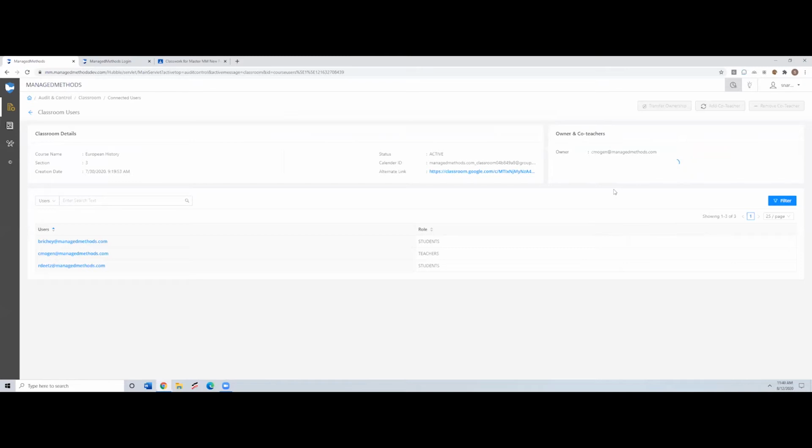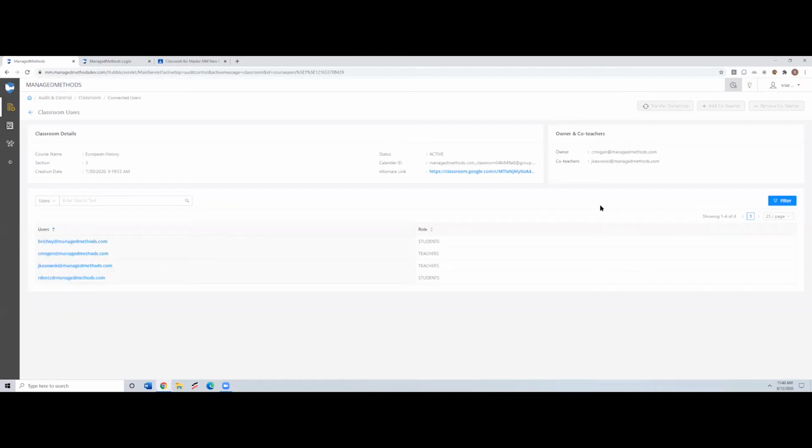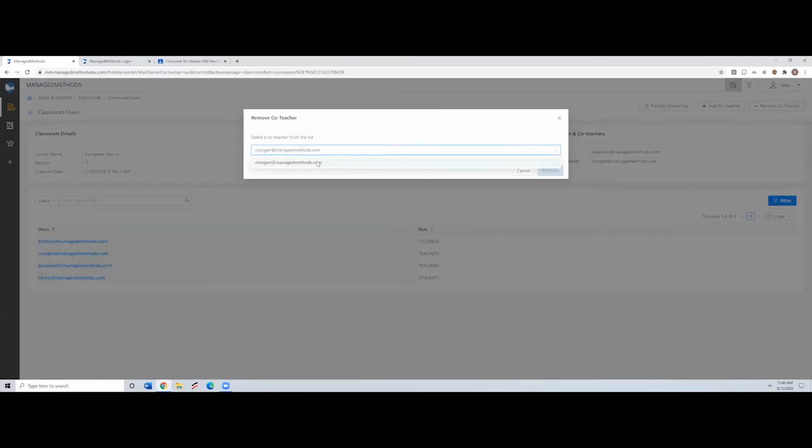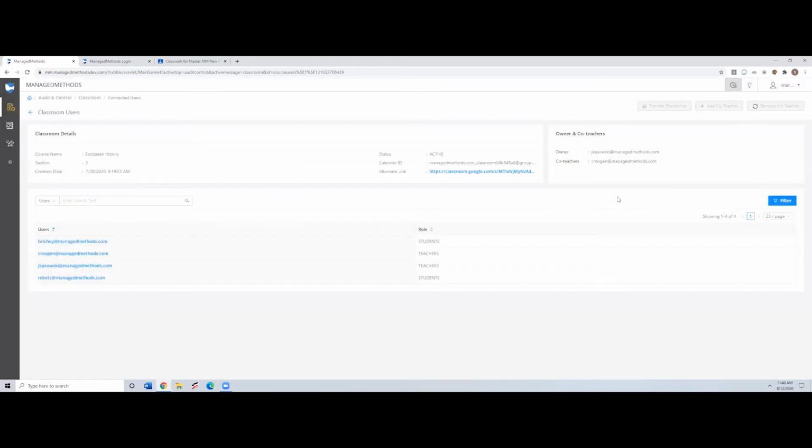What we're doing now is modifying Classroom to add Jake as another teacher. And now I can go ahead and transfer that classroom to Jake. So now Jake becomes the owner of this classroom. And Charles is still the co-owner, but we can go ahead and remove Charles now because his new role is IT director. He's no longer a teacher. So now the class belongs to Jake.